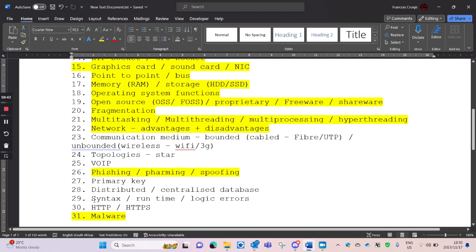That's the syntax, runtime, logical errors, your div and mod. I could even give you a small piece of code and ask you what that does. I can even ask you to write me the algorithm for sorting an array. That I can also ask you. And then the last question is generally the integrated scenario, and that's where all these phishing and pharming and spoofing and malware and stuff comes in.